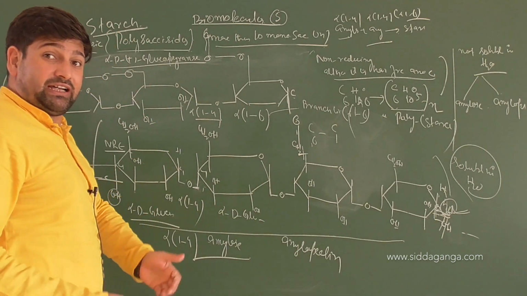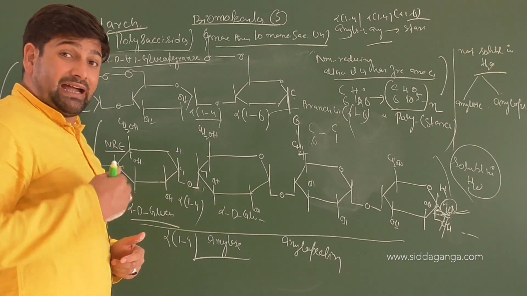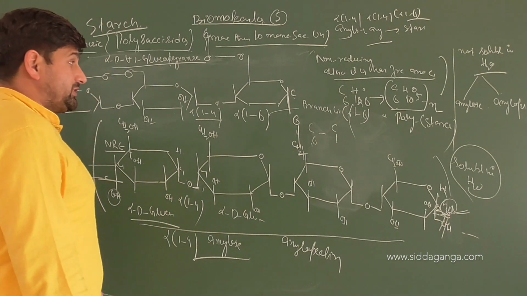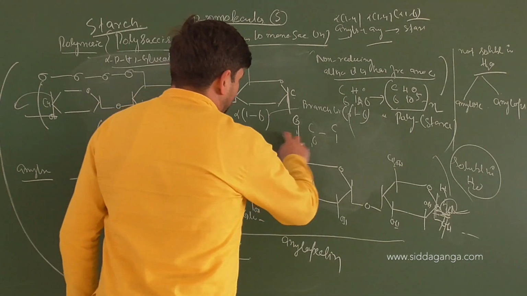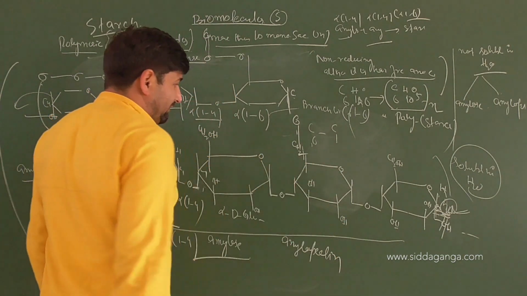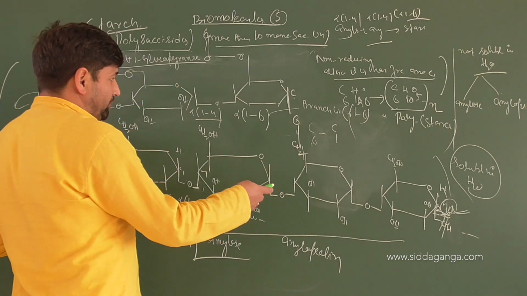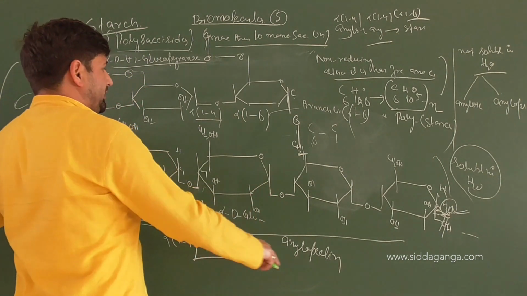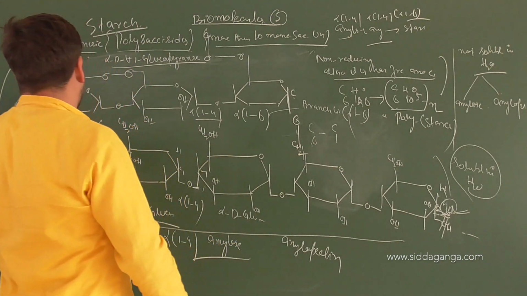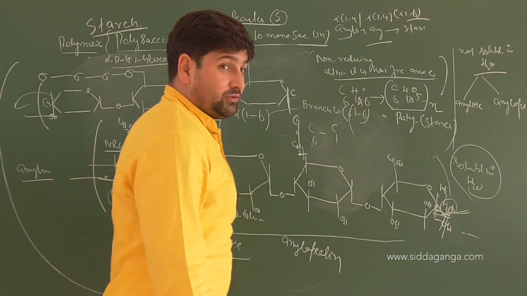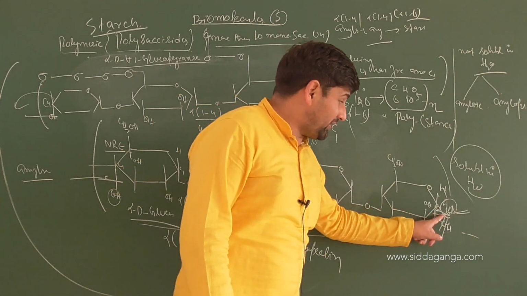As it goes inside the body, it can be acted upon at once on multiple non-reducing ends, because first, in our body the alpha 1,6 links can be broken, then the alpha 1,4 links can be broken, yes or no? Once the links are broken, digestion has come into play. There will be amylose chains freed. Once amylose chains get freed, there will be numerous non-reducing ends. In the whole molecule there is only one reducing end, correct or not?